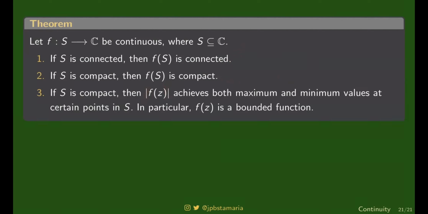Kasi this time, the absolute value of f of z is what? Is real. Kaya kung si f of z ay continuous, yung absolute value ng f of z ay continuous din, kung ang domain mo ay compact, yung absolute value niyan will achieve maximum and minimum values at certain points in S. Okay? Kung saan na-achieve yung maximum, ang tawag din yung argmax tsaka argmin. Or huwag na natin pag-usapan yun. Anyway, in particular, what it says is that if your domain is compact, the function is continuous because the absolute value achieves both maximum and minimum values.